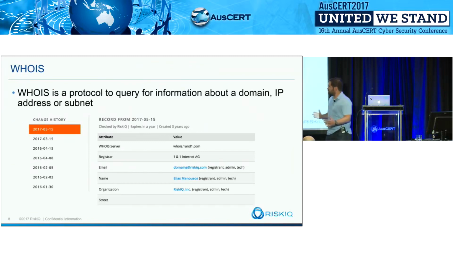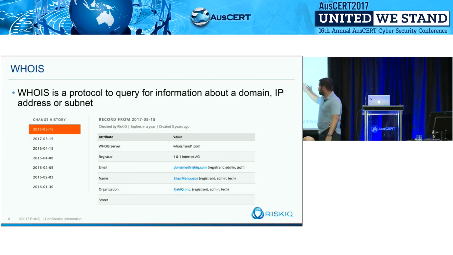Second data set that we use a lot is WHOIS information. As actors register domains to conduct their attack campaign, they have to provide some information to the WHOIS system. It doesn't actually have to be valid all the time, but as humans, we're relying on laziness. I'm lazy sometimes. Actors are lazy. People registering domains are lazy, and they throw the same email address in or similar names. Or maybe they use the same phone number as they're registering domains. Each of these areas is a pivot point to provide us other domains registered using this information.